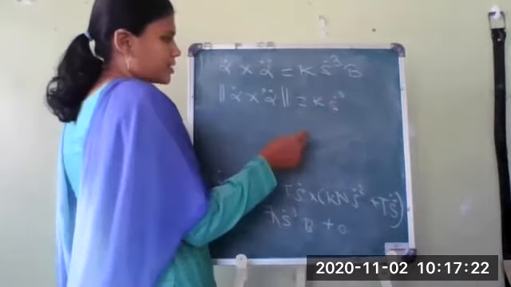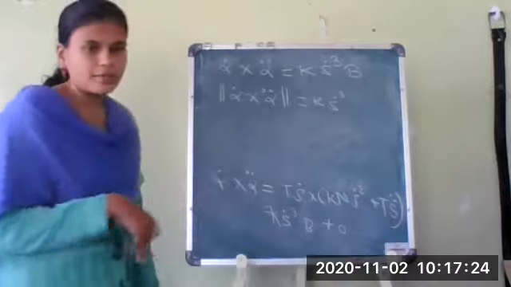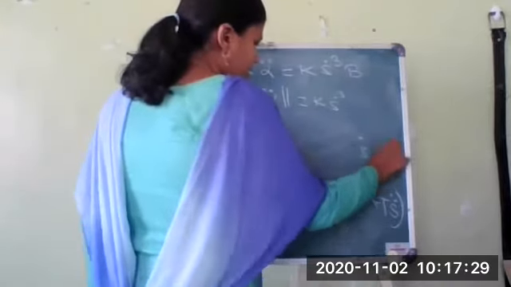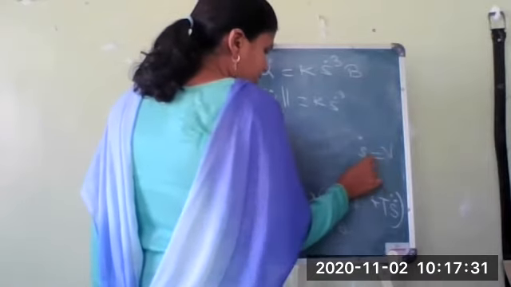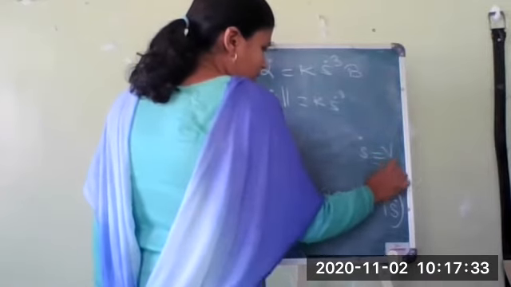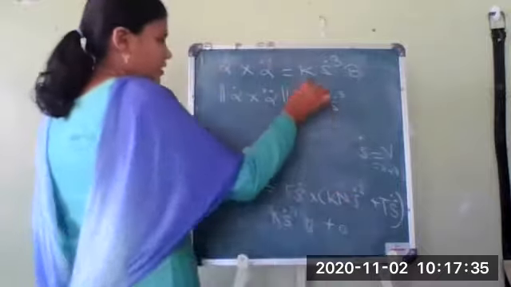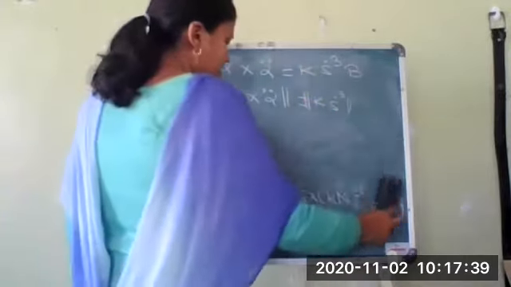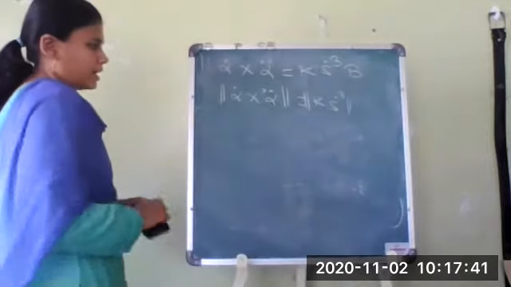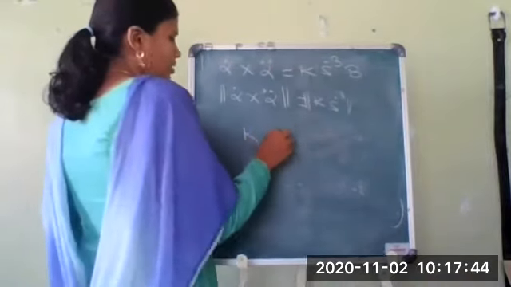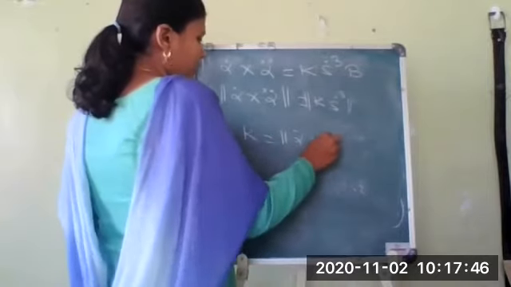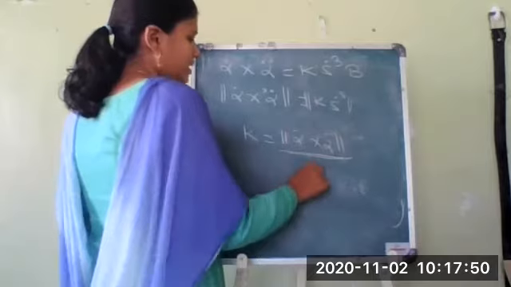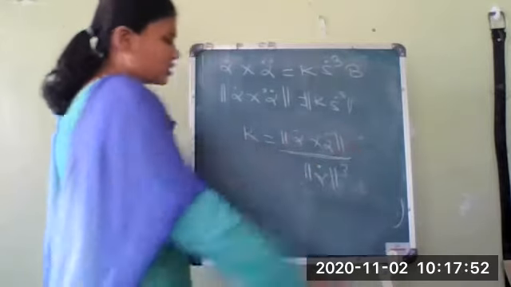What we have obtained is the expression for s dot. S dot is nothing but your velocity. What is the expression for velocity? Velocity is the norm of alpha dot. So hence, after taking a norm on both sides, we get this expression. So finally I can write k equals norm of alpha dot cross alpha double dot divided by s dot cube. Now this s dot cube I can write as norm of alpha dot, whole cube.